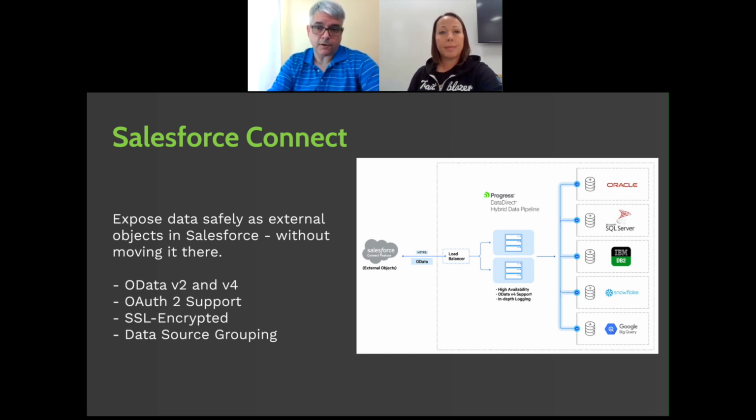We can group those together and expose them as a single OData stream. So essentially, you would be able to pay Salesforce for a single OData endpoint, and then configure hybrid data pipeline to return, let's say, Oracle, Snowflake, and even Google BigQuery data all through that single endpoint. So you'd essentially get 3 for 1 there.